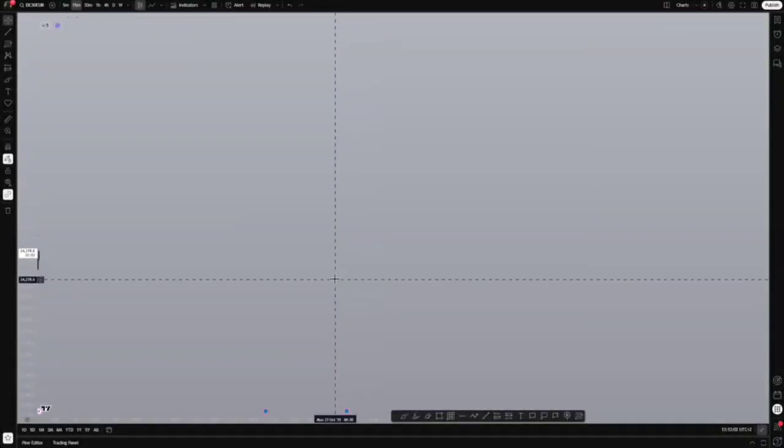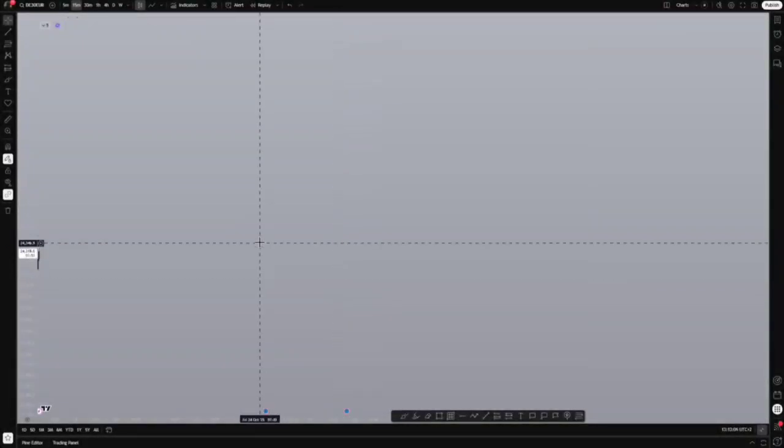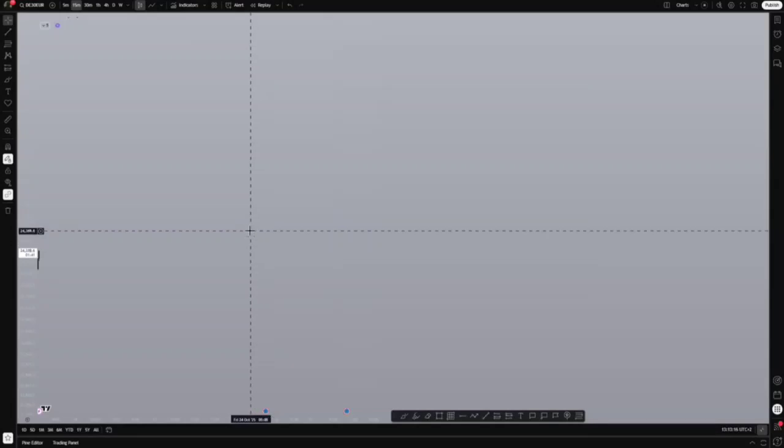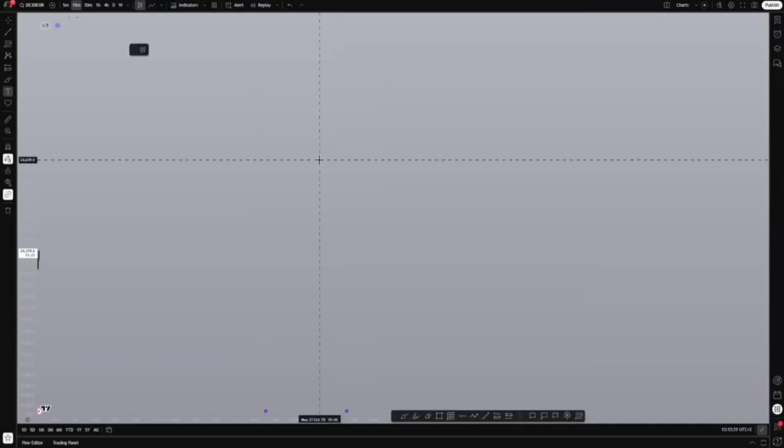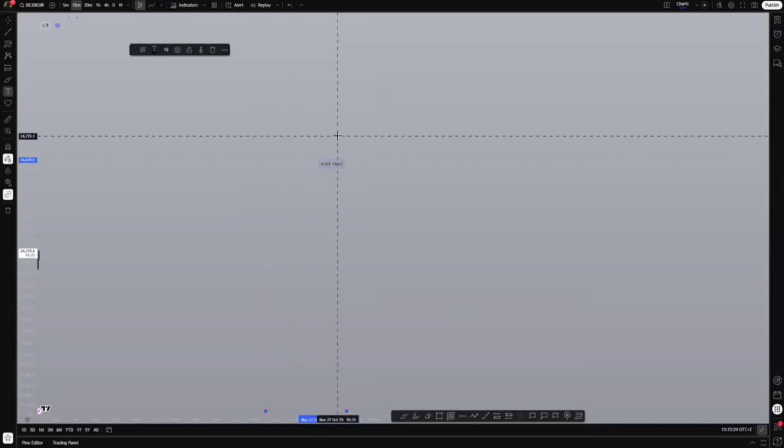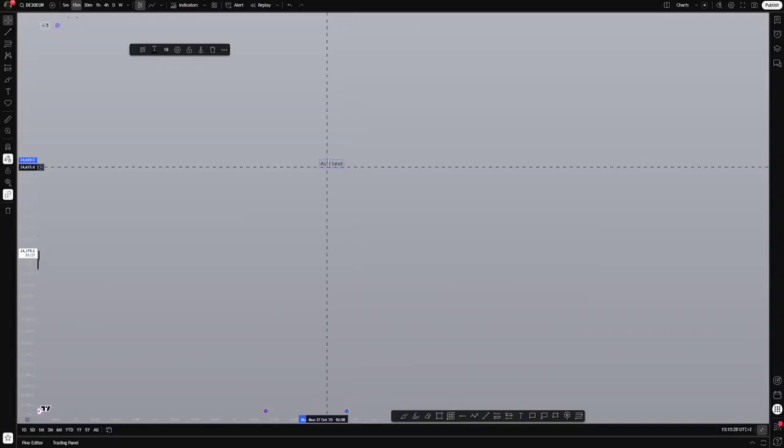Hello guys, today I'm going to be sharing with you how I approach looking at price action on German debt, right? So the key elements, right? The first one is